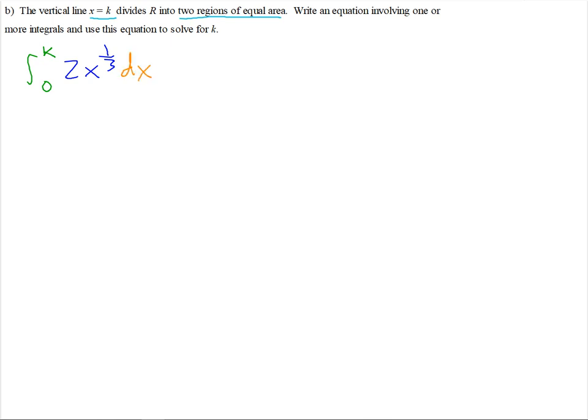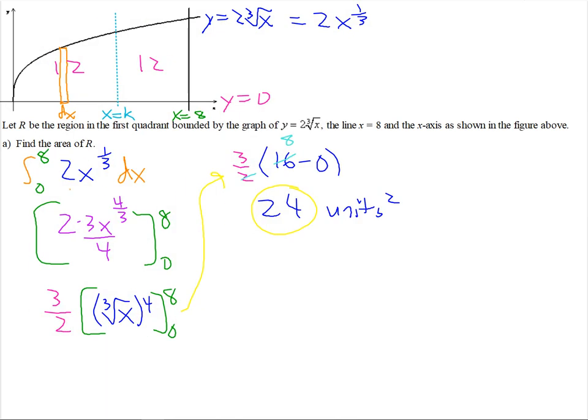But notice that's almost the exact same integral we just integrated here. The only difference is it's got a k instead of an 8. So we don't have to go through all these steps. We can jump right down to this step here. And the only difference is we're going to be plugging in k instead of 8. So we have 3/2